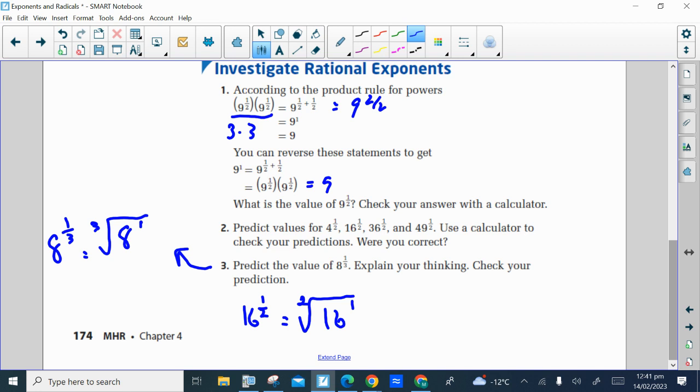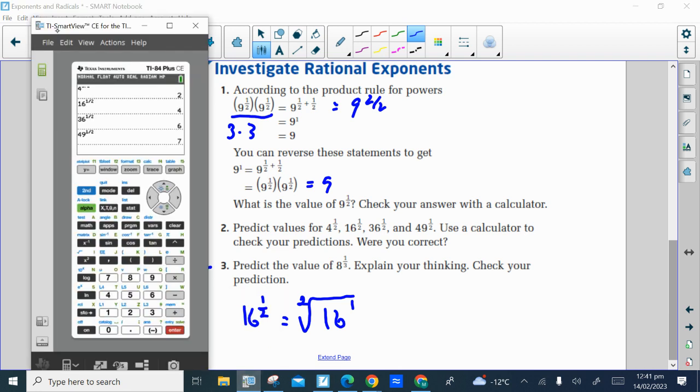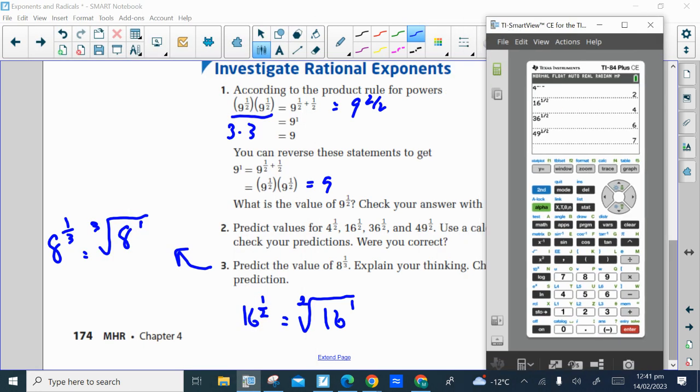The cube root of 8 is asking what number times itself 3 times will give you 8, and that is 2. And we can do that on our calculator as well. So on my calculator, if I go math and then number 4 in this list is cube root, the cube root of 8 is 2, and 2 to the 1 is still 2. 8 to the power 1/3 should equal 2,